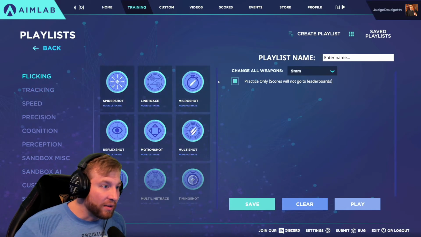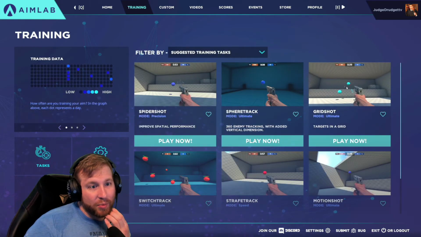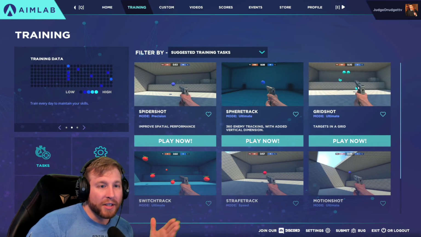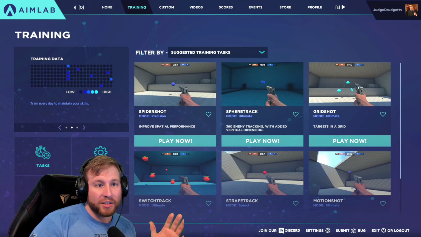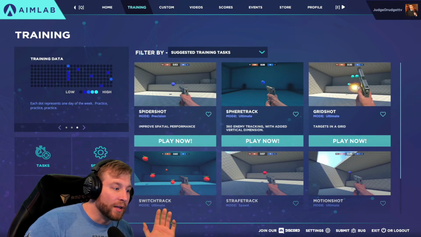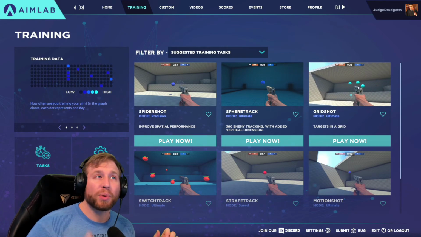I personally am good at flicking, and this grid shot is something that I'm really good at. I had like the 10th best score on the game like 6 months ago for this when I actually played this a lot. That's why I don't practice it anymore. I don't practice flicking near as much. I still practice it a little bit,